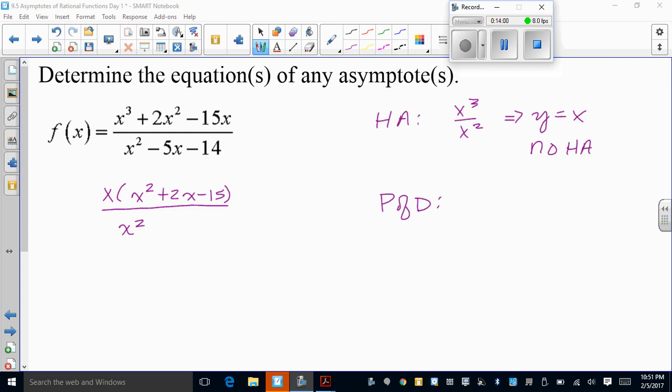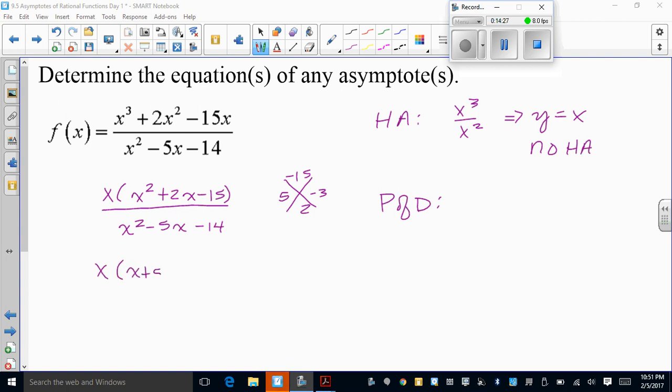So we need to do this little x marks on both of them. So on the top one, negative 15 and 2, factors of negative 15. This is positive, so the larger gets the positive. 5 minus 3, 2, 5 times 3, 15. So I get x times x plus 5, x minus 3